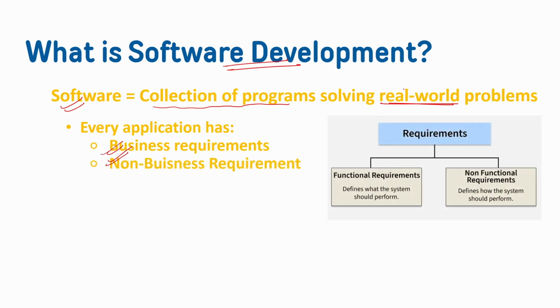For example, every software has two types of requirements. The first one is the functional requirement and the second one is the non-functional requirement, also known as the non-business requirement. The first one, the functional requirement, is also known as the business requirement. Business requirement means what the system should perform. For example,